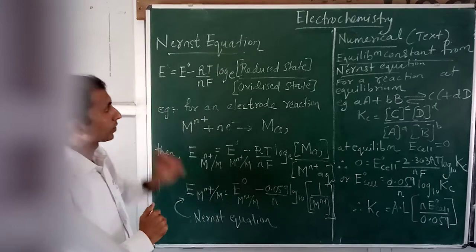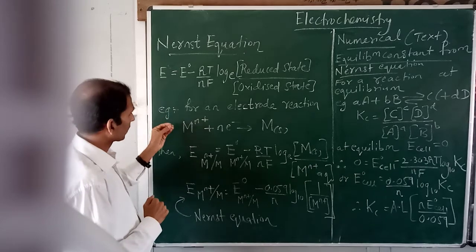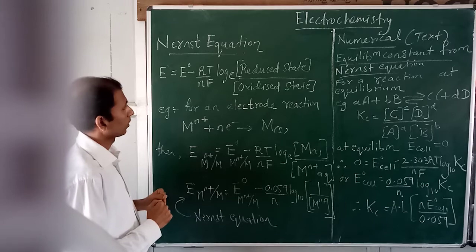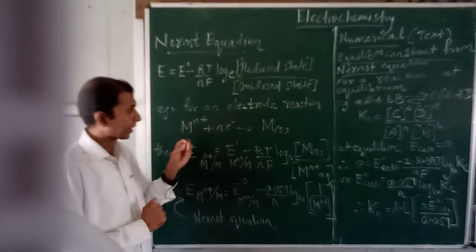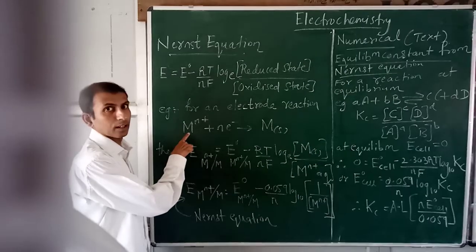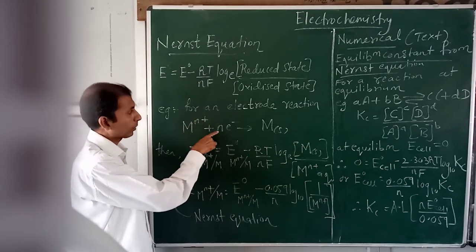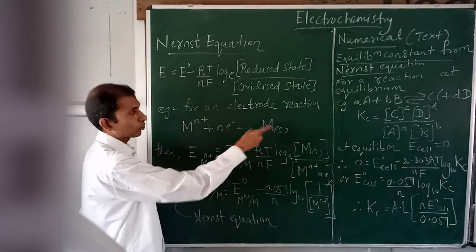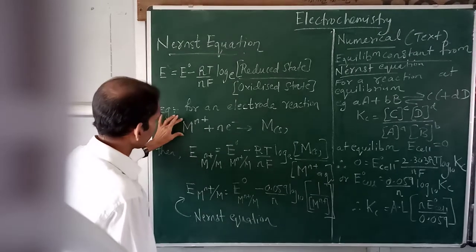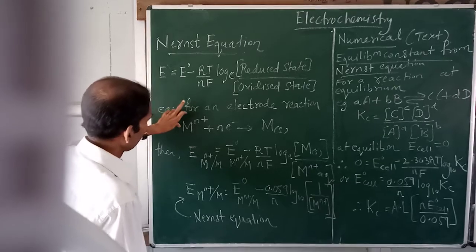Now let us understand this equation with a general example. Consider an electrode reaction, which is a reaction for a reduction process. As you can see, a metal is shown here having some valency, +2 or +3. The same number of electrons it will accept, and it will get reduced and get deposited in the form of solid. Considering this reaction, how can you write the Nernst equation for it, which is written here.